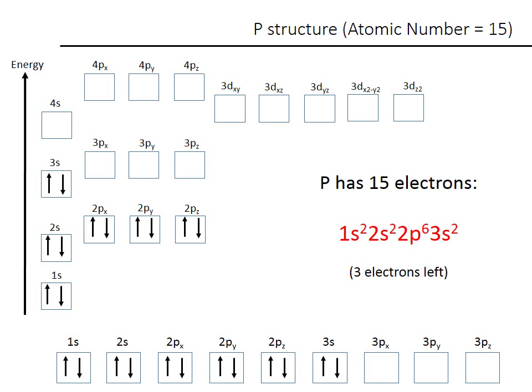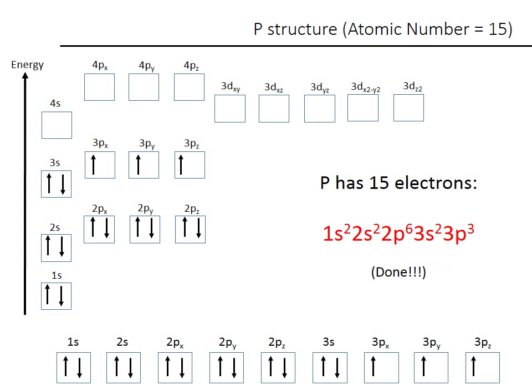Okay, but we still have 3 electrons left, and here comes the tricky thing. We know that the 3p subshell can host up to 6 electrons, because it's formed by 3 orbitals, and each of them can host up to 2 electrons. So how are we going to allocate these 3 remaining electrons in the 3p subshell? Are we going to host 2 electrons, one with spin up and one with spin down, in one of the orbitals, and the third one in another one? Or are we going to do something different? Well, the answer is that